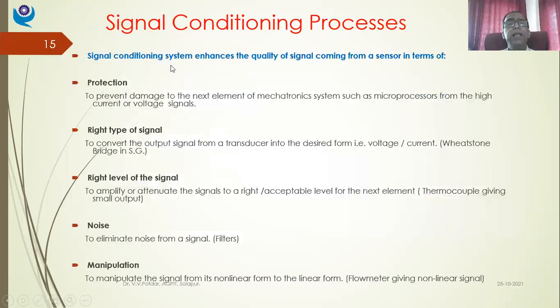So a signal conditioning system enhances the quality of the signal coming from a sensor, in terms of protection, to prevent damage to the next element of the mechatronic system, such as microprocessors, from high current or high voltage signals. Suppose my controller is a microprocessor; if I do not process the signal to within its input limits before sending it, it might damage my microprocessor. Suppose the microprocessor can take a signal up to 5 volts DC and I give a 25 volt signal here, it might damage my microprocessor or microcontroller.